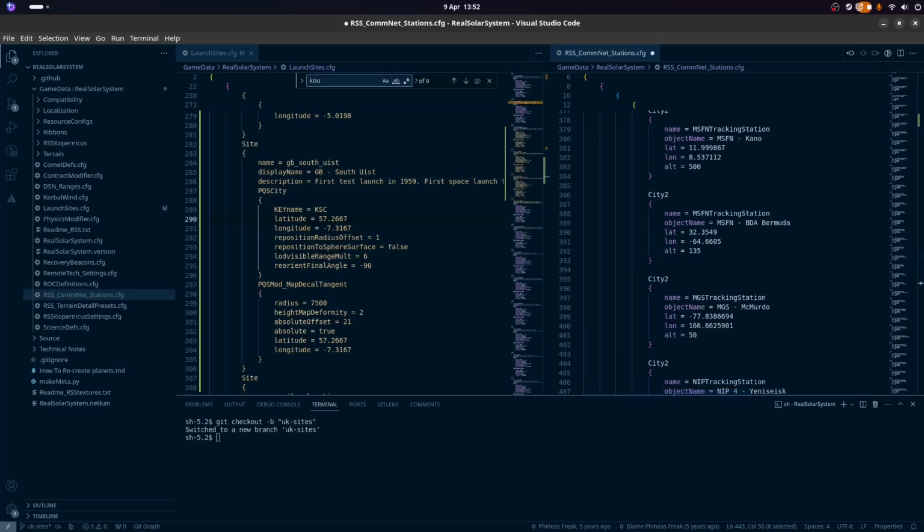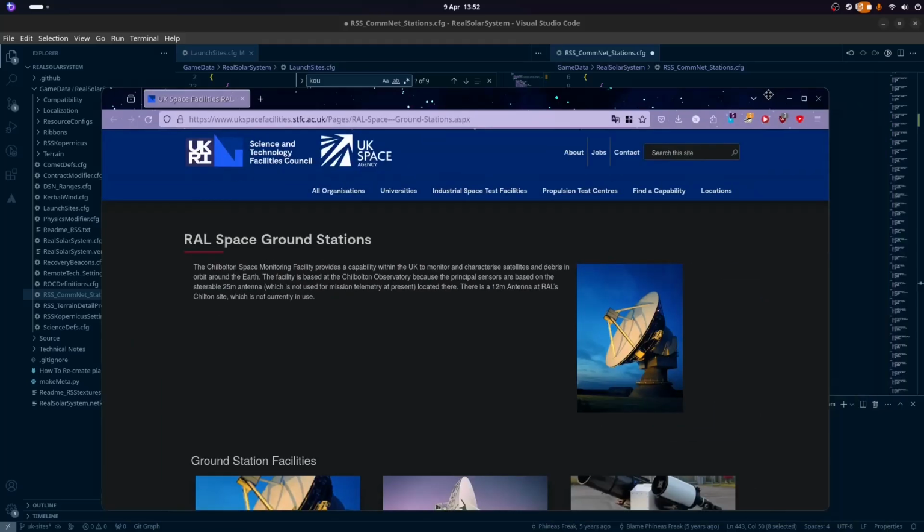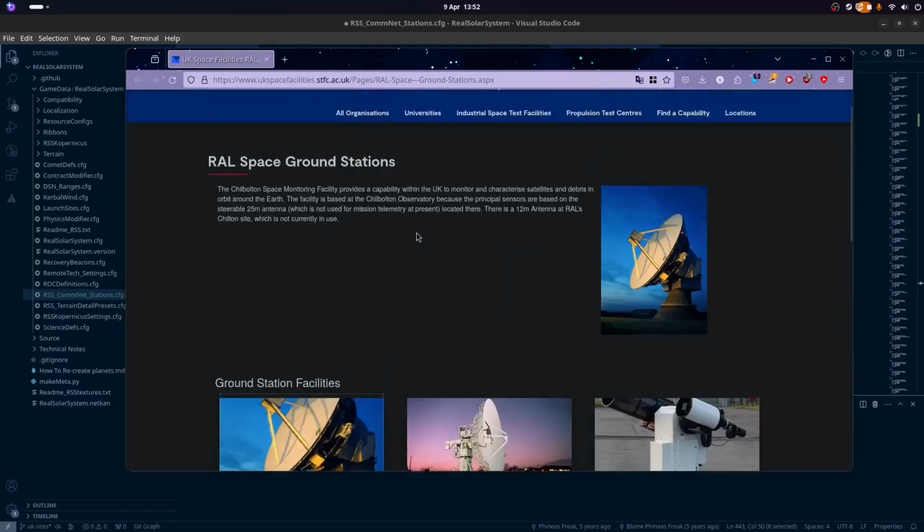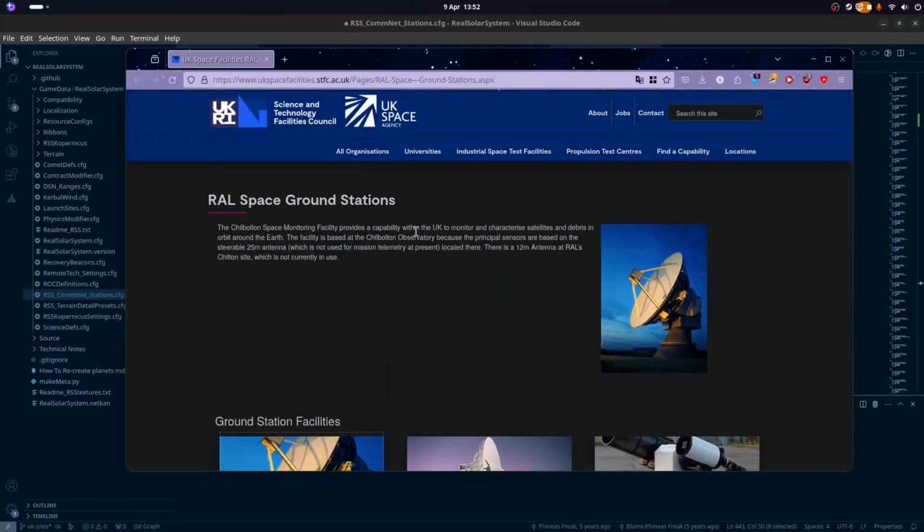I would love to be able to add something like one of the REL's ground tracking stations. Specifically, I am thinking of Chilbolton here, which has one of the primary radars that I'm aware of that the UK Space Agency uses.